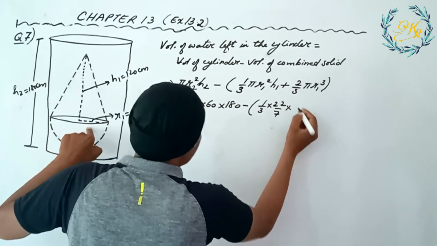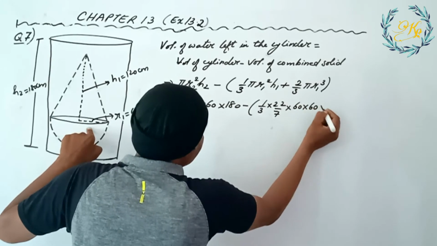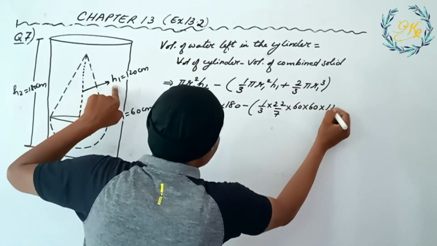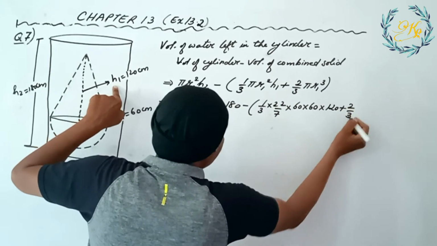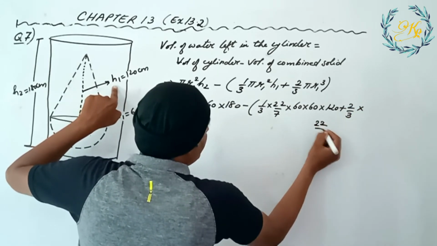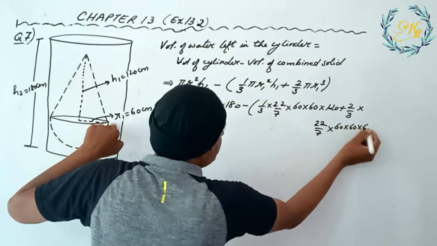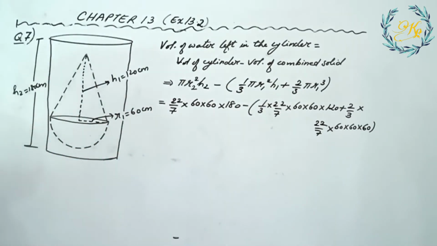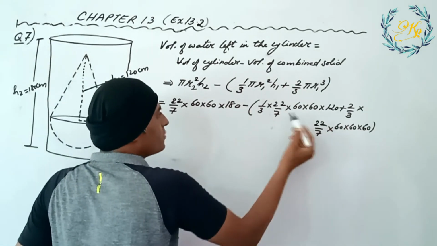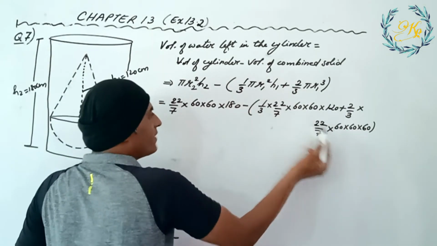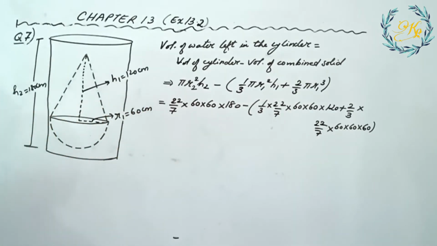Radius of the cone is given as 60 into 60 into height of cone is 120 plus 2 upon 3. I'll write the remaining values here: 22 upon 7 into R cube means 60 into 60 into 60. So first we have to solve all the values inside the bracket. You see a plus sign here. Once you multiply everything out here, cancel and everything, then you find the LCM. And after finding the LCM, you get the values from outside the bracket. Okay, and when you get the value outside the bracket, you will get the answer on top as